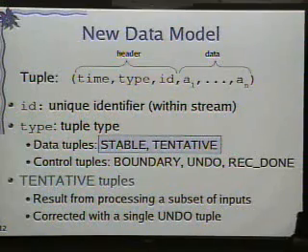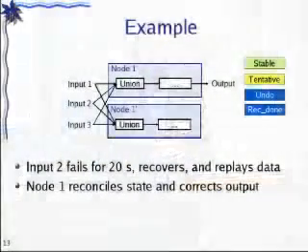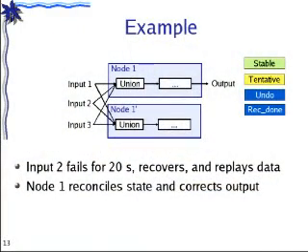Of course, we could correct tentative tuples one at a time. But when a failure occurs, so a node goes down or nodes get disconnected, we are typically going to produce bursts of tentative tuples. We're going to correct them by producing an undo tuple that will indicate what suffix of output tuples we are correcting, and then we will replace them by the stable version of these tuples.